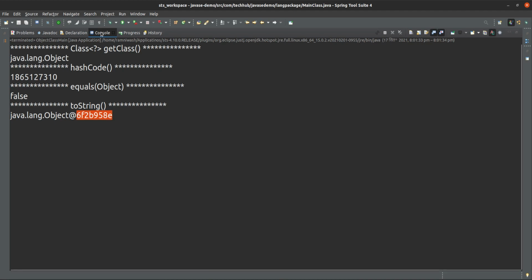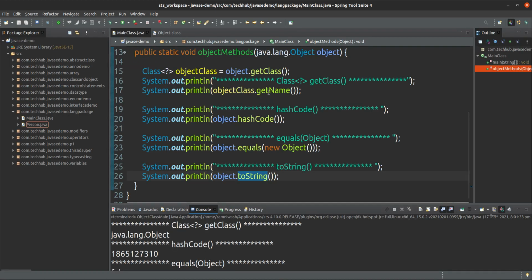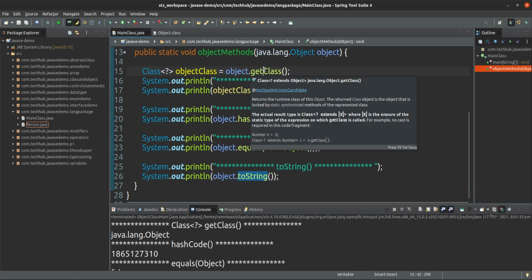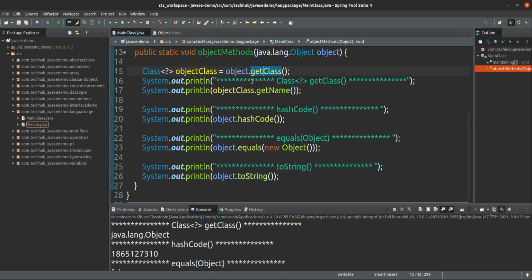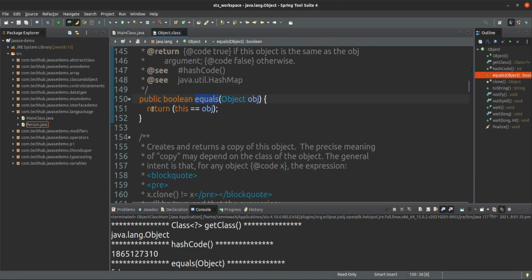Okay, so this is the implementation for getClass. We cannot see it because that is native. The hashCode implementation we also cannot see because that is also native only. But equals we can see, and equals is doing nothing, it is returning whether the references of both objects are the same or not.